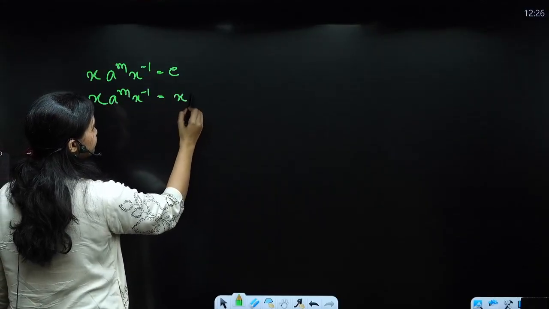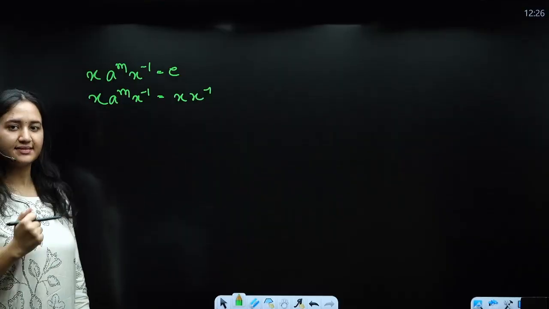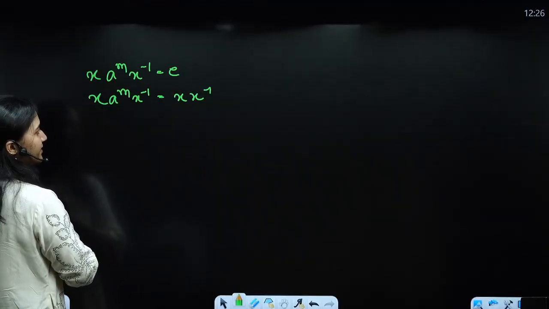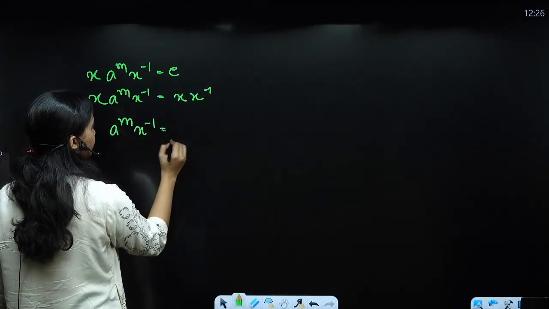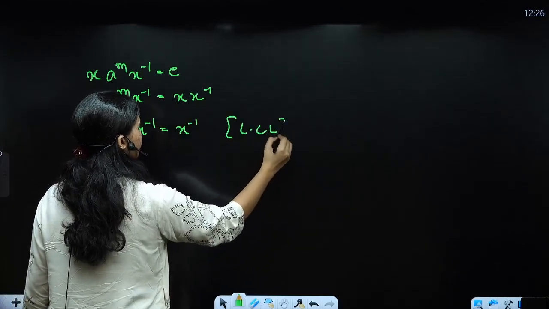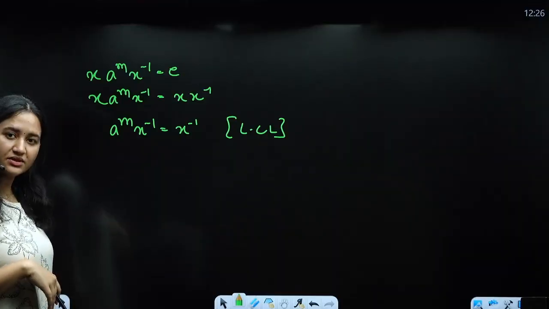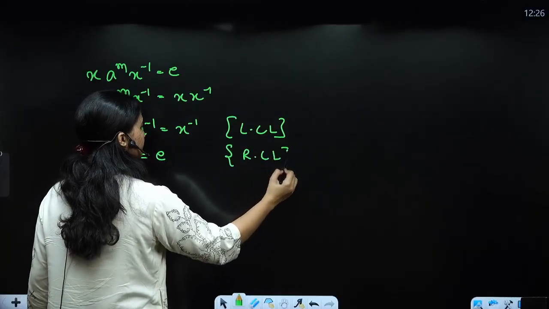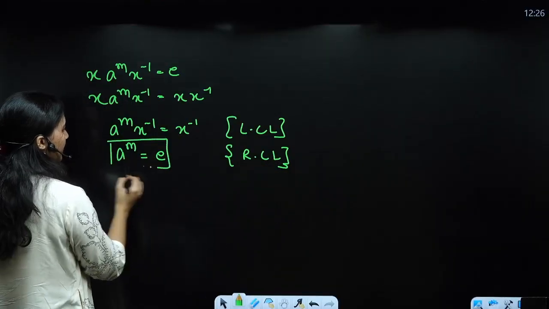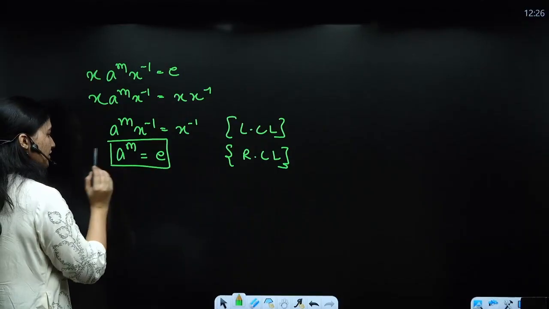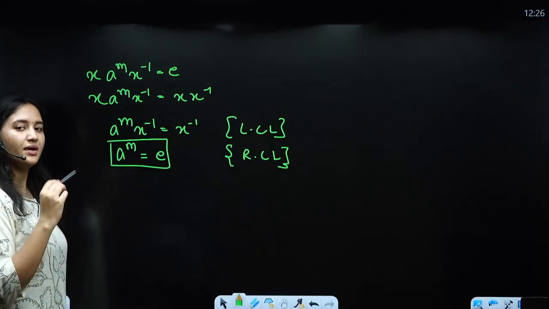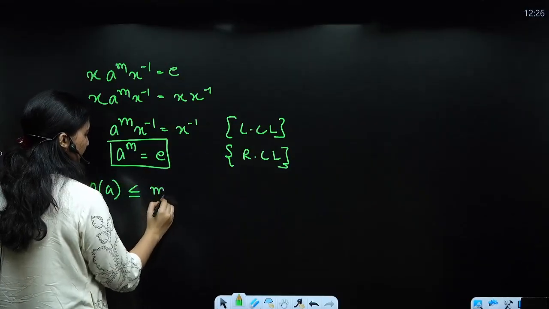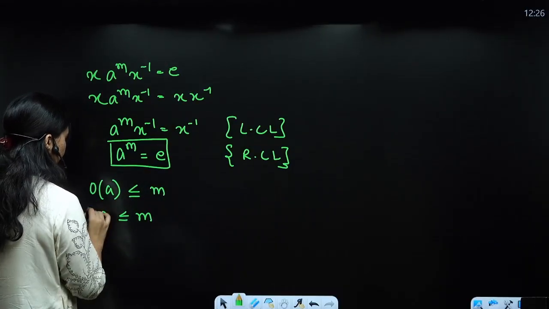What we can write it as, E को x inverse लिख सकते हैं, they are elements of the group only, right? Now from left cancellation law I can cancel x on both sides, right? And similarly I can cancel x inverse on both sides, right? So this gives me a raised to the power m equals E. So whatever the order of a is going to be, it is going to be either equal to m or less than m. So order of a is less than or equal to m. This implies that n is less than or equal to m.